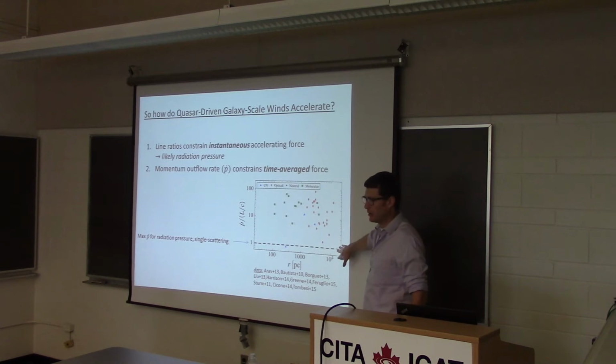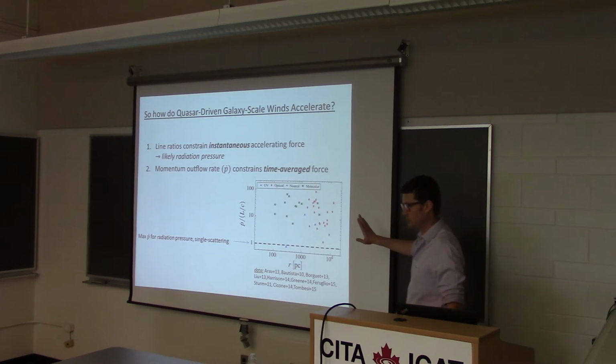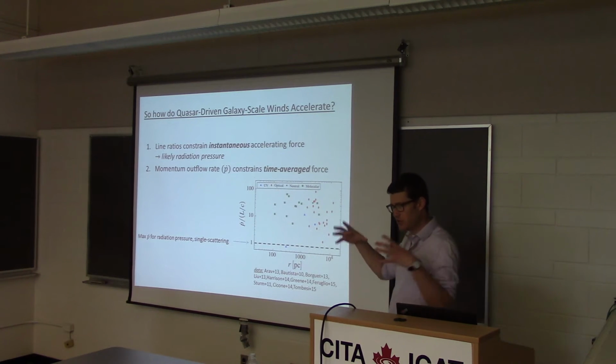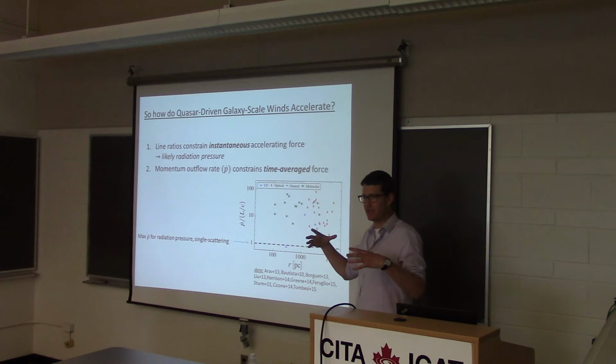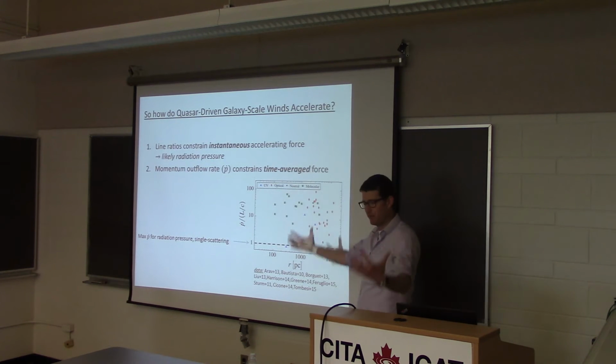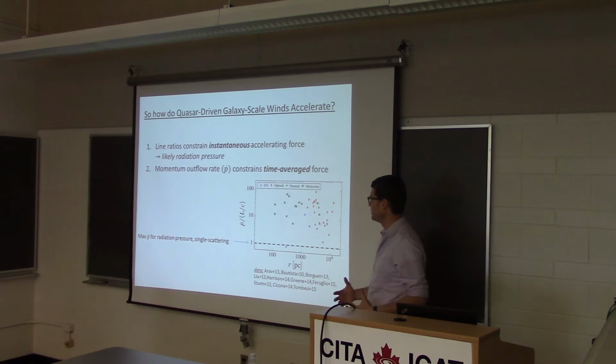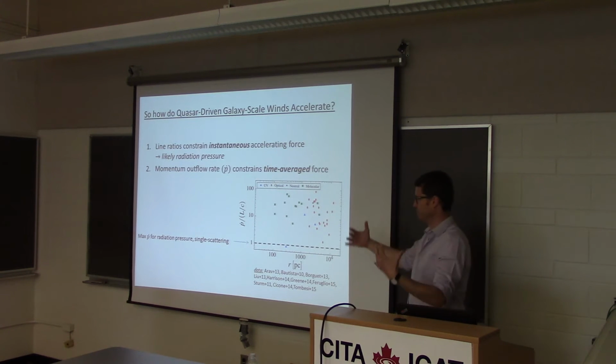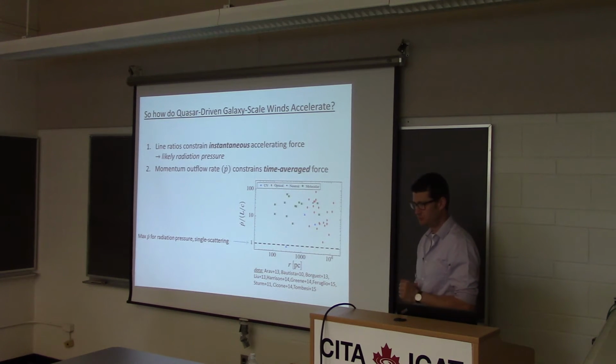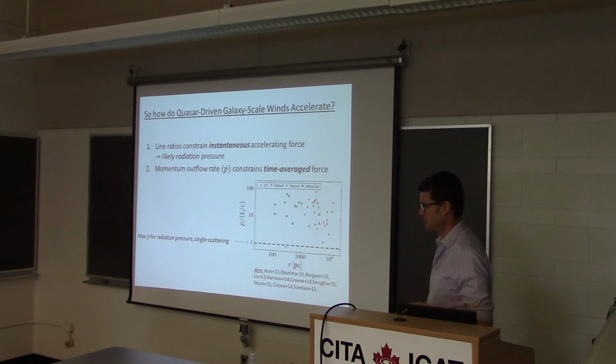Okay, so think about it. If you have radiation pressure, the maximum momentum rate that you can get is L over C. That's assuming you have an outflow with 4 pi covering and a large optical depth. The caveat I'd say is, of course, those are not measurements of the mass outflow rates or momentum outflows,